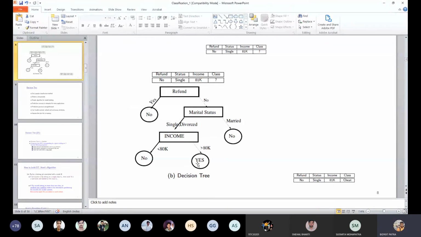Some of the records belong to class yes, some belong to class no. If we don't focus on homogeneity, how will yes come? Because most of the records belong to class yes, we put the label of this leaf node as yes.